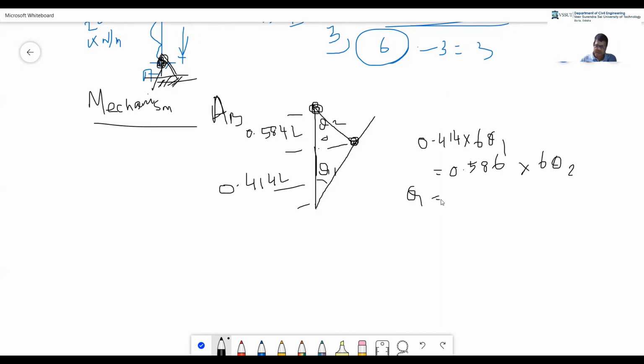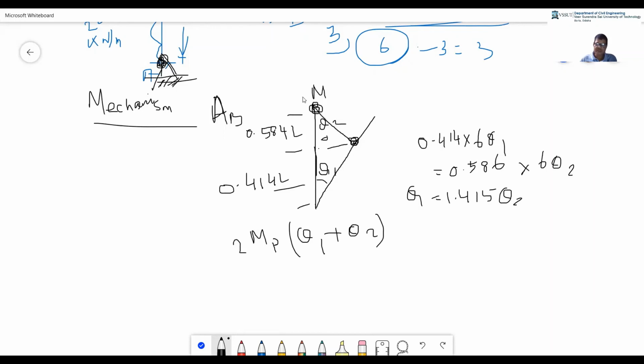So theta 1 will be equal to 1.415 theta 2. Right? If this is the case, now what will the MP value? MP into theta 1 cos theta 2. Okay, MP into theta 1 cos theta 2. But here also the value is given 2 MP. So 2 MP into theta 1 cos theta 2.